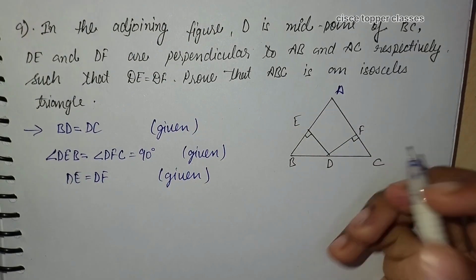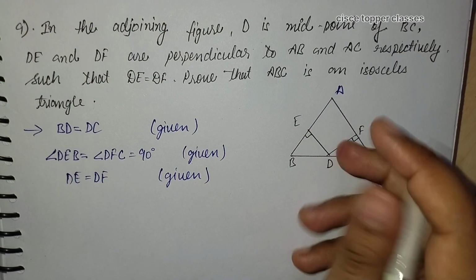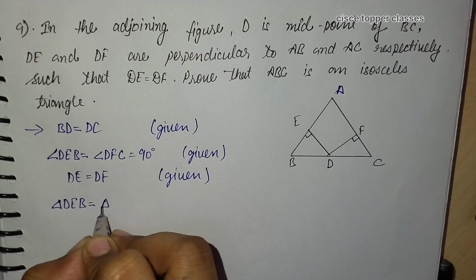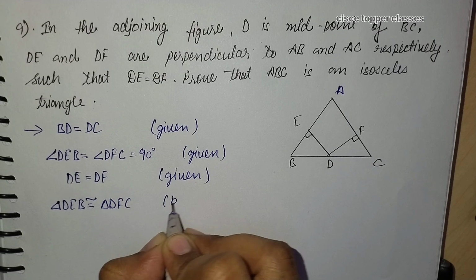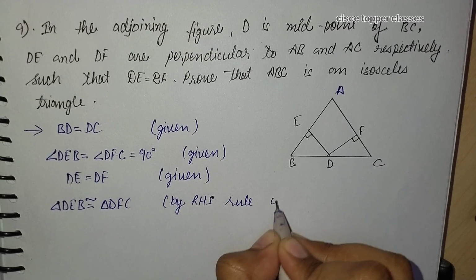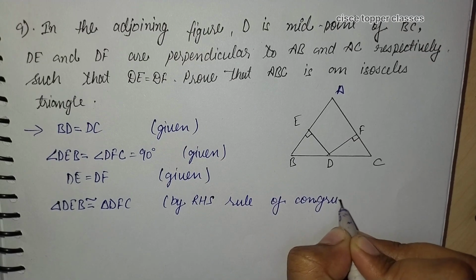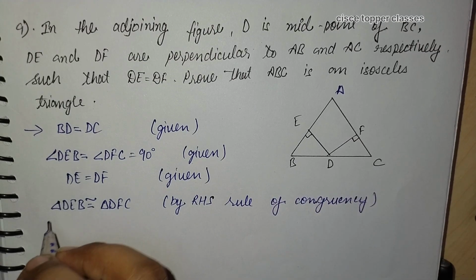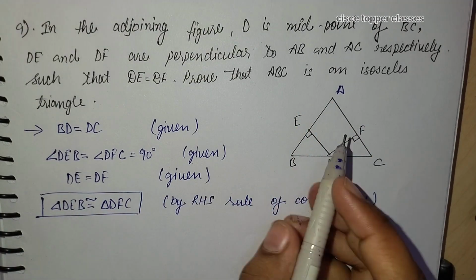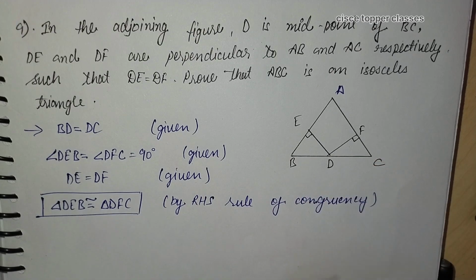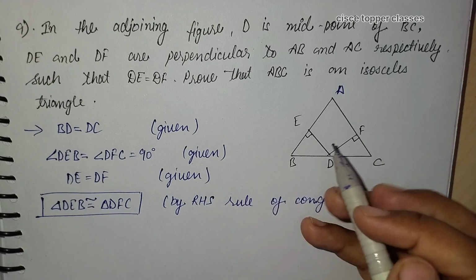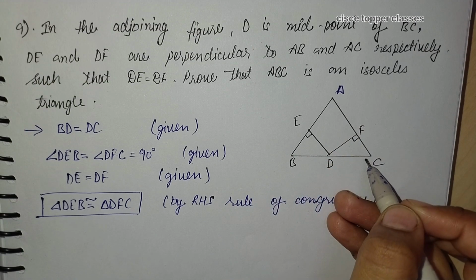From these three pieces of information given to us, we can say it is proved that triangle DEB and triangle DFC are congruent by the RHS rule of congruency. Right angle hypotenuse side rule of congruency we have proved here. Now we have to prove that ABC is an isosceles triangle. From here we can simply say that if DEB and DFC are congruent, then we have AB equal to AC because